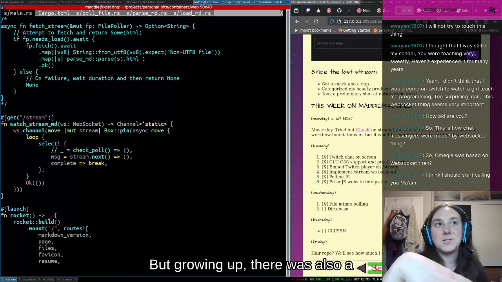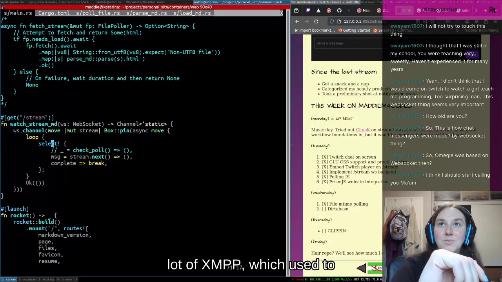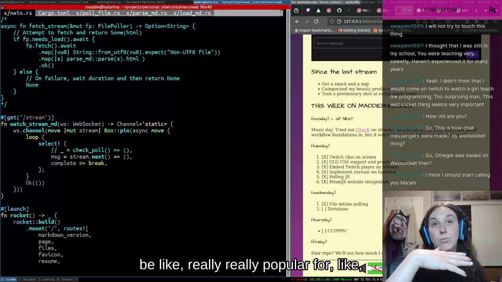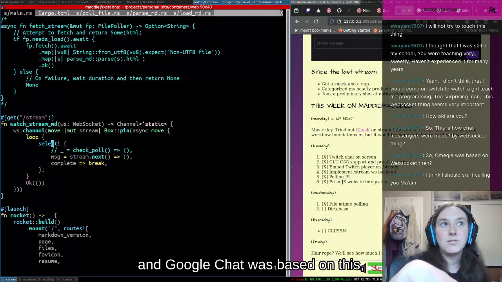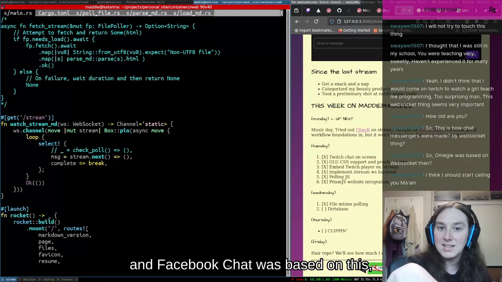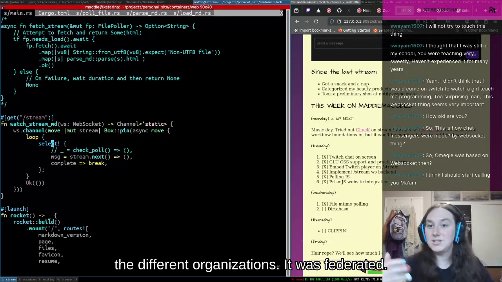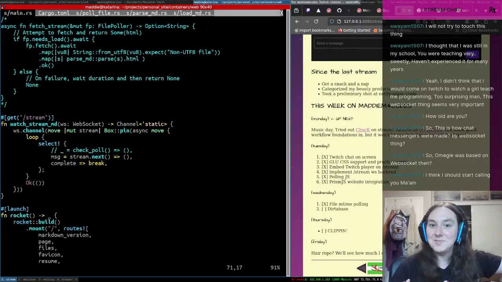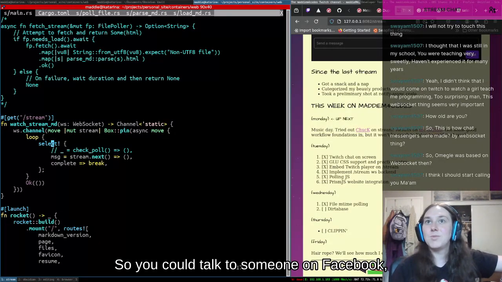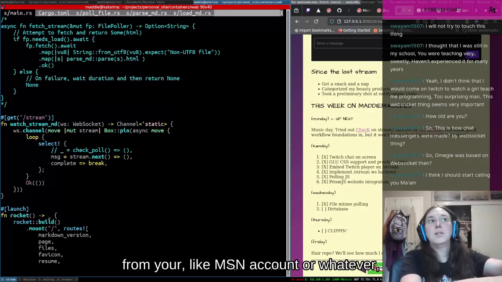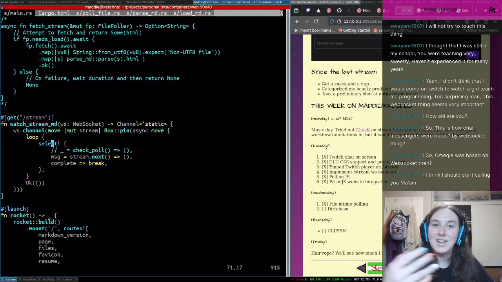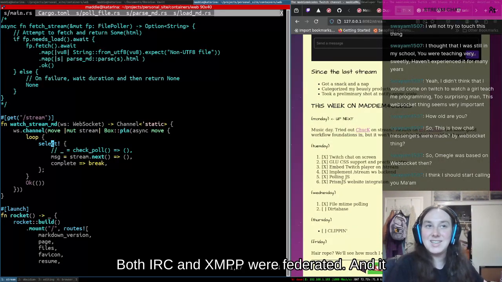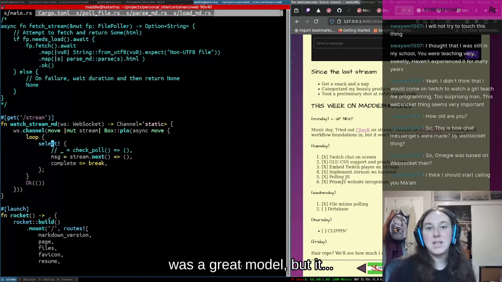But growing up, there was also a lot of XMPP, which used to be really, really popular. Yahoo chat was based on this, and Google chat was based on this, and Facebook chat was based on this. And you could actually connect between the different organizations. It was federated. So you could talk to someone on Facebook from your MSN account or whatever, or your Yahoo account. Everyone could talk to each other. Both IRC and XMPP were federated. And it was a great model, but